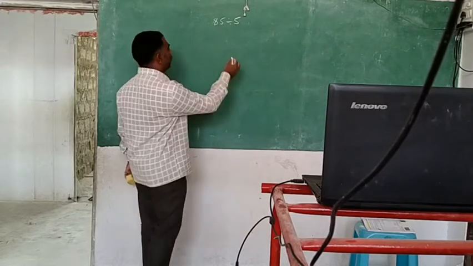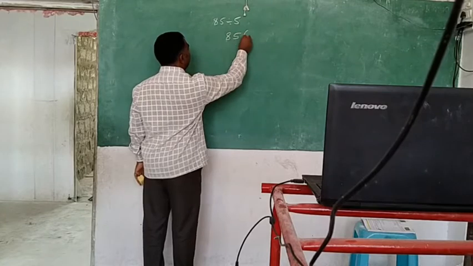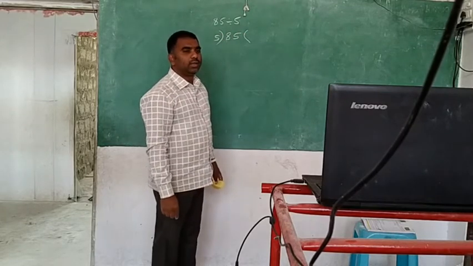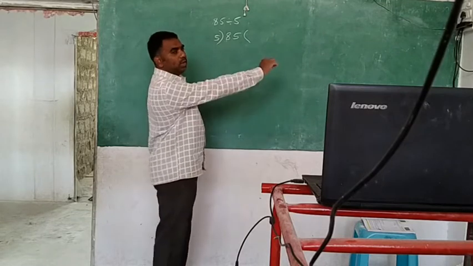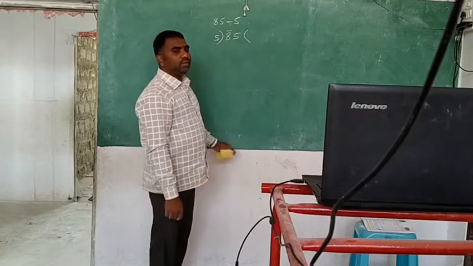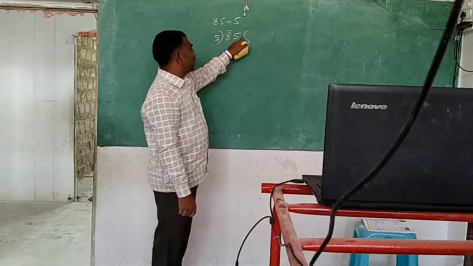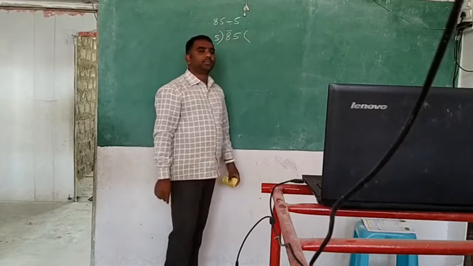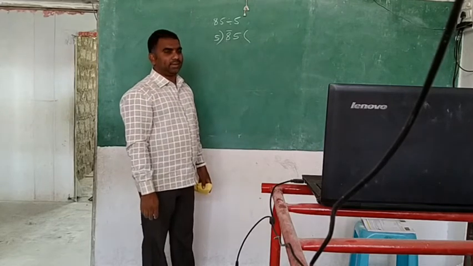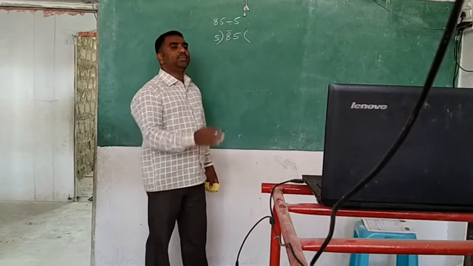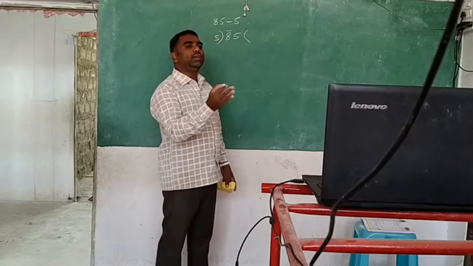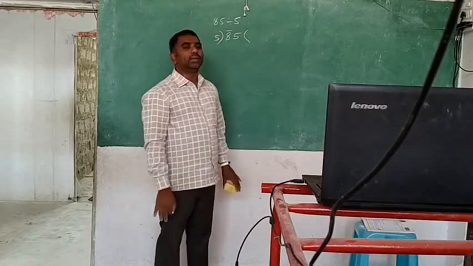So what should we do first? You should take 85 and divide it by 5. First we will consider only one number. Then we will check in the 5 table when 8 comes. No chance. In the 5 table there will be no 8. But at least something less you take, no problem. 8 is not coming, but something less than 8 is coming.